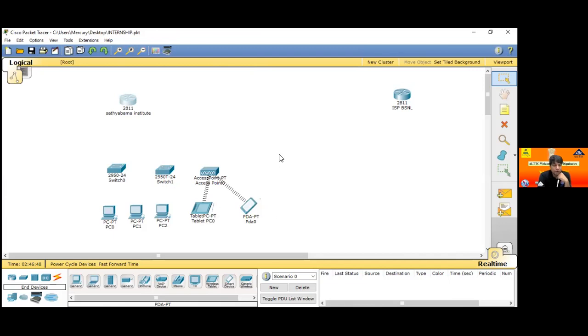Okay. Now you select one more computer. Now take one more computer. Yeah, and put this below the ISP router. Below the ISP router, ISP BSNL. Yeah, and in the same line below, more in the row of the switches. Okay, no problem. Okay, now I stop sharing.